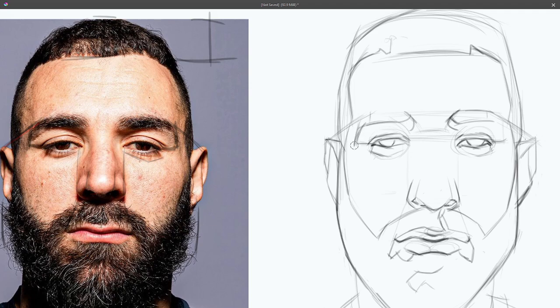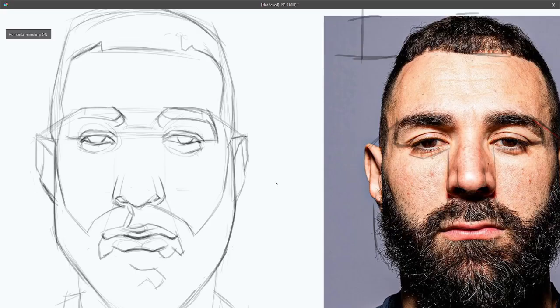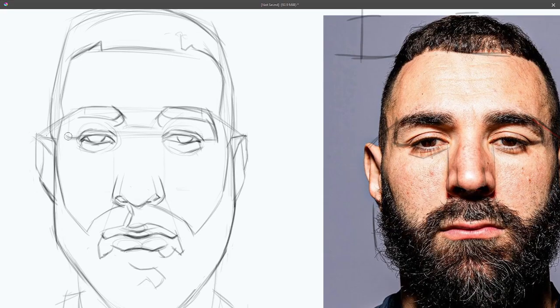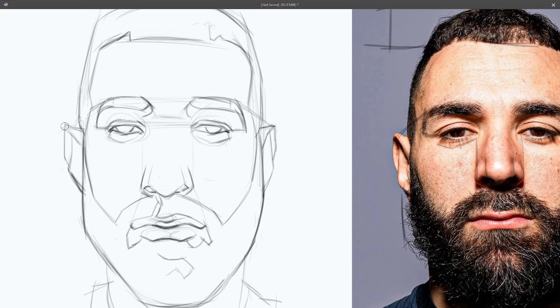Okay, check this guy up, and then it's too thin, and then like so. Same thing for here, up like that, and then up like that. And then you can take out some of the guiding lines that we used in the beginning, and